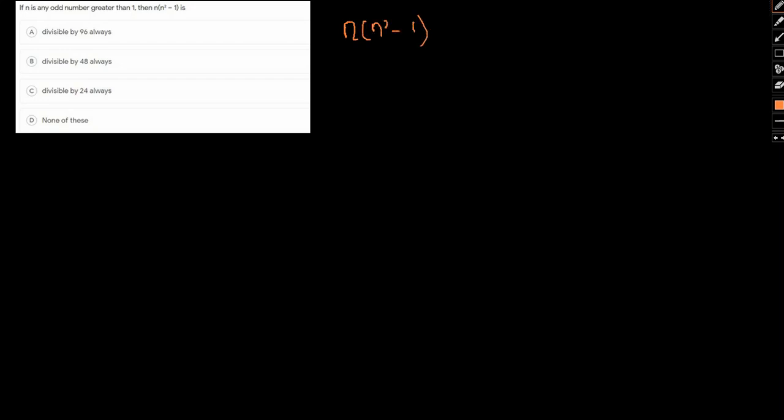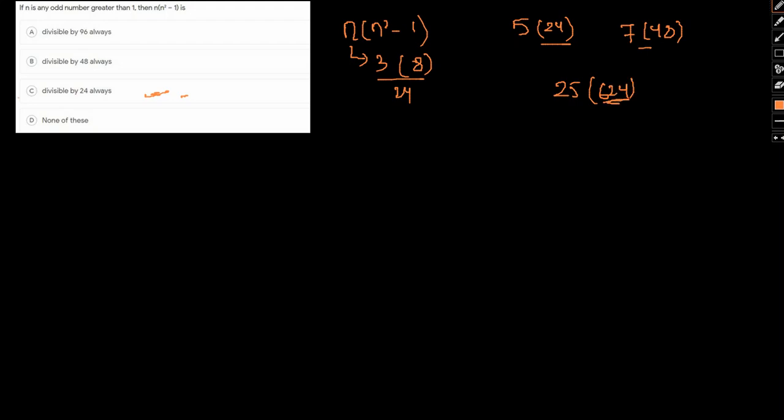Okay, so a very easy way to solve this question would be to simply substitute n for different odd numbers. Say n equal to 3, then we have 3 into 3 squared is 9 minus 1, 8. So 3 8s are 24, it is divisible by 24. Again suppose n is 5, so 5 into 25 minus 1, 24. Again it is divisible by 24. Okay, n is 7, so we have 7 into 48, because 7 squared is 49, minus 1, again divisible by 24. Let's take a large value, say n equal to 25, 25 squared being 625, 624, again you are divisible by 24. So this particular term would always be divisible by 24.